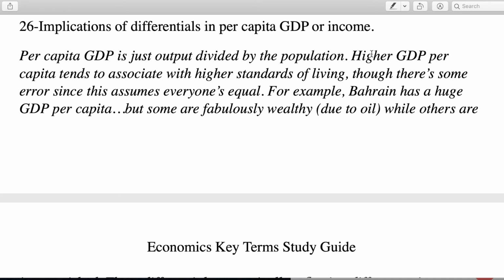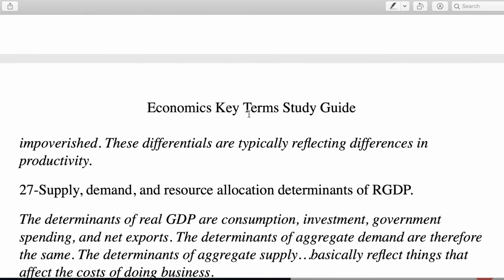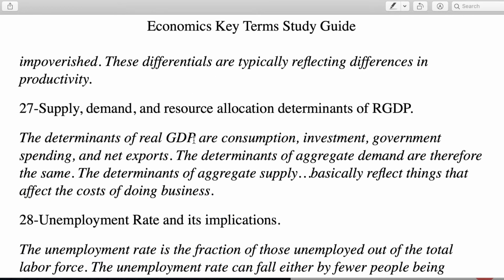What's happening in a lot of these cases is there's actually tremendous inequality. Except for the Scandinavian countries, I suppose, the idea with real GDP per capita is that the wealth is evenly distributed, but we know that's definitely not the case, and there might be more or less inequality in some places or others. But that's why we say it's sort of a rough measure of standard of living.